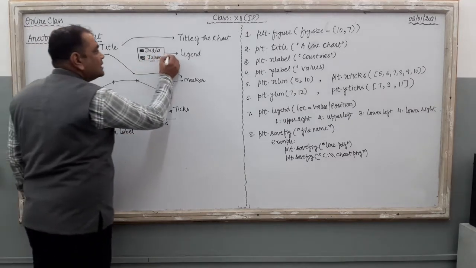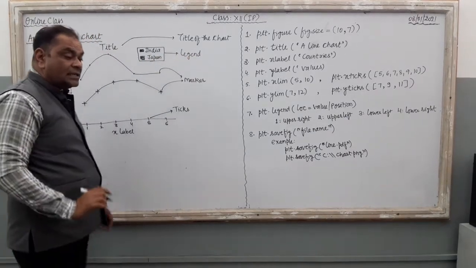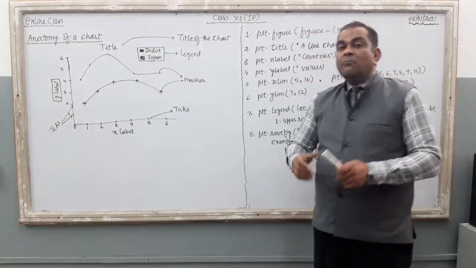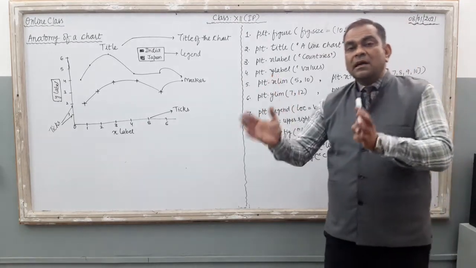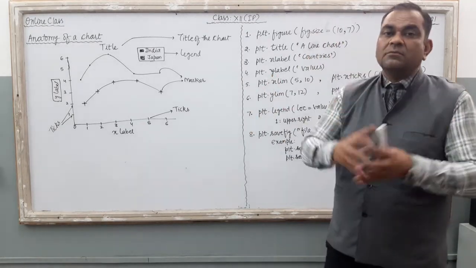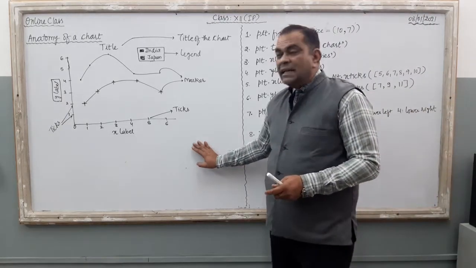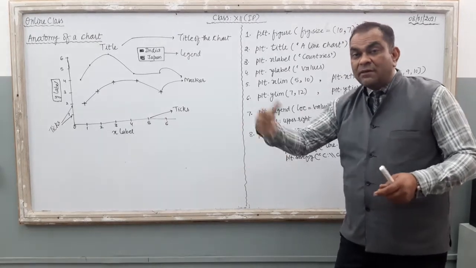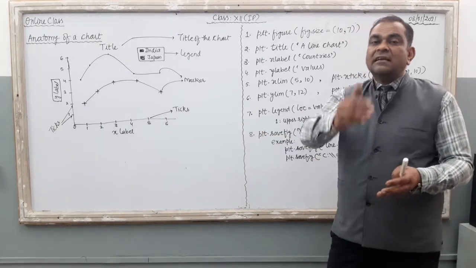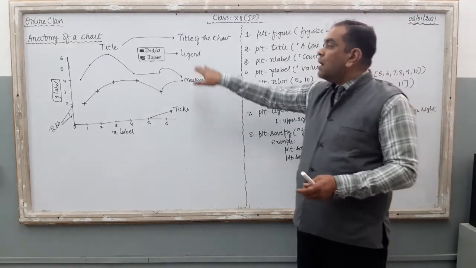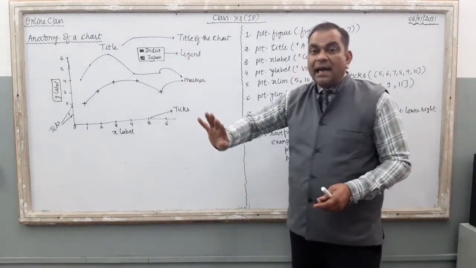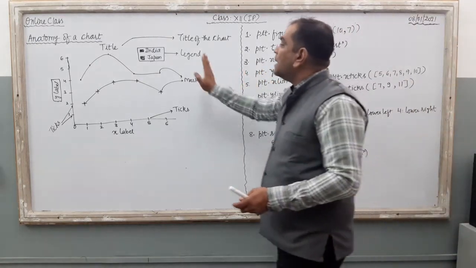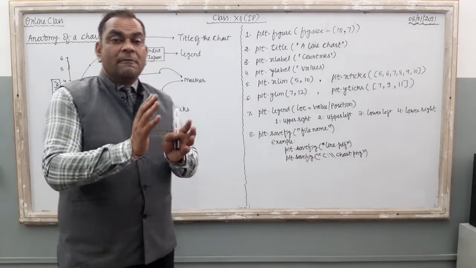Now, this is known as the legend of the chart, and the legend can be available with a multiple line chart, a multiple bar chart, or a histogram chart. You can set the legend with the plot function, the bar and barh functions, by which we can create the chart, or with the hist function. And if you want the legend to appear, one specific function is there, by which we can make the legend appear at a specific position.